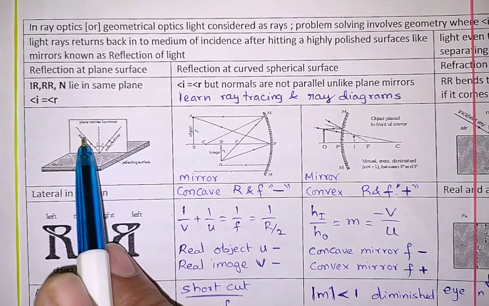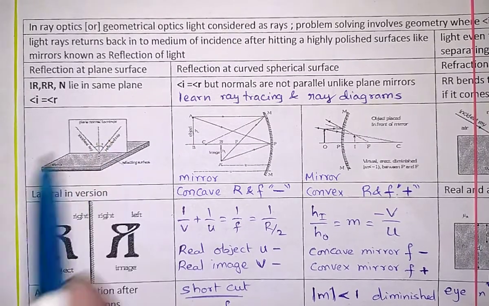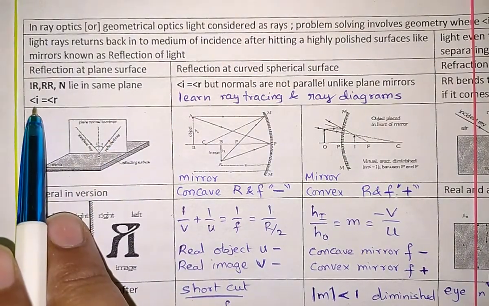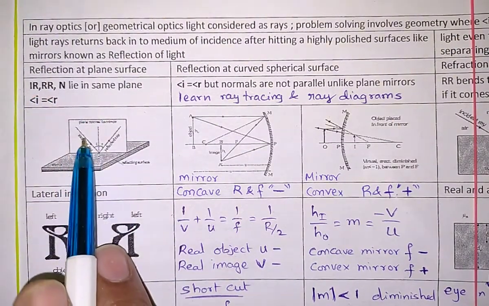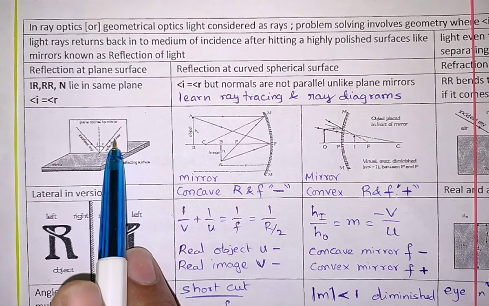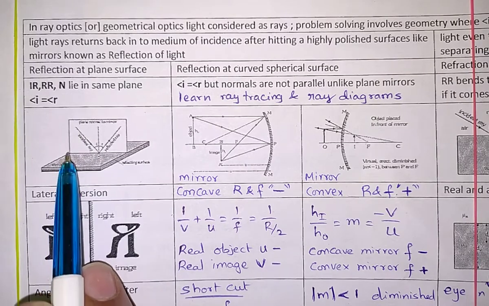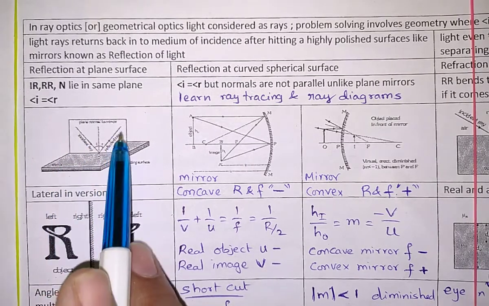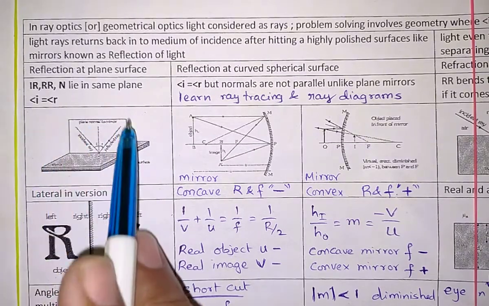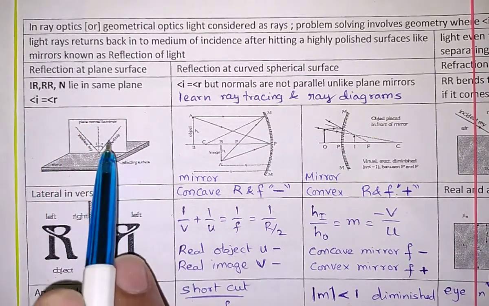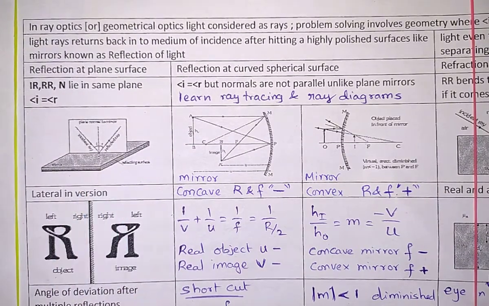The angle made by the incident ray with the normal we call the angle of incidence. The angle made by the reflected ray with the normal we call the angle of reflection. According to the second law, both angles will be equal. According to the first law, these three lie in the same plane, that is the incident ray, normal and reflected ray. If I change the incident ray into another plane with respect to the normal, then the reflected ray also changes. Always they come in a V shape in the same plane. This is an imaginary plane which has been shown here, where reflection is happening from this mirror, blackened mirror or silvered mirror.